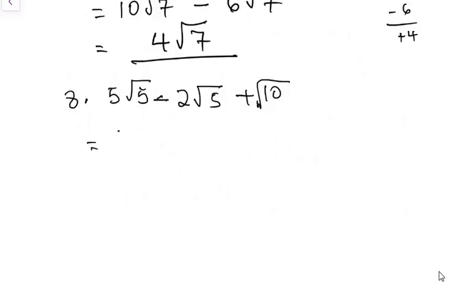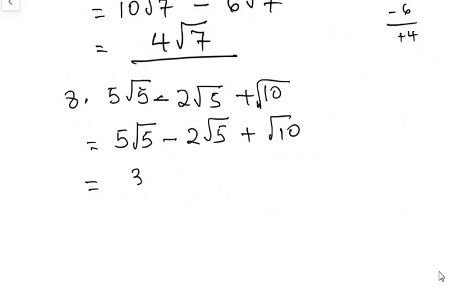So we're going to deal with the 5 root 5 minus 2 root 5 plus root 10, just like you saw in question number 2, or I think question number 2. So we have 5 minus 2 will give us 3 root 5, because they have a common irrational number, root 5 and root 5. So we have plus root 10,